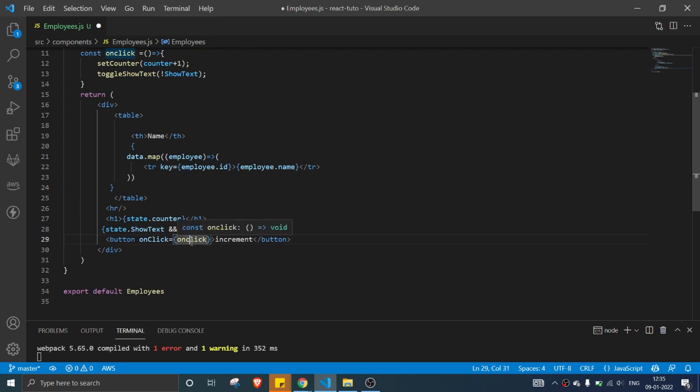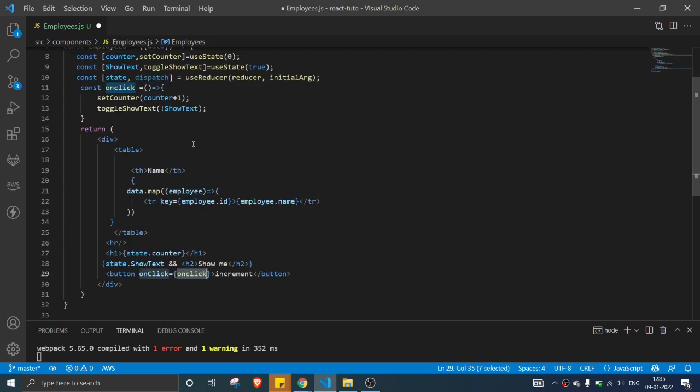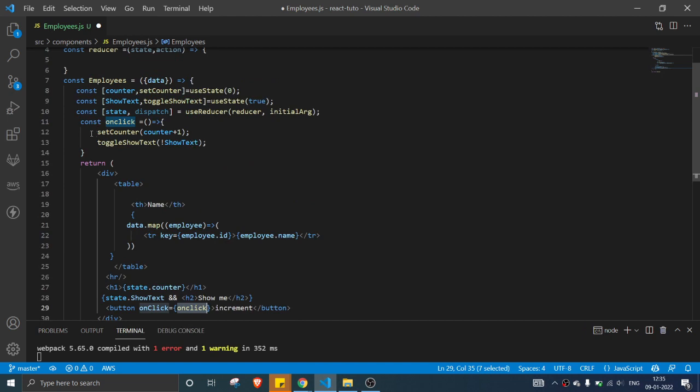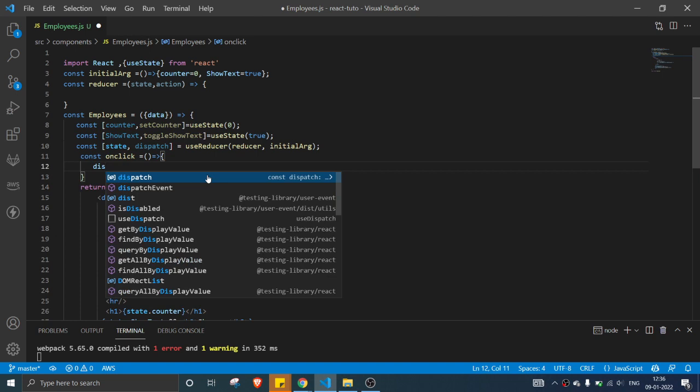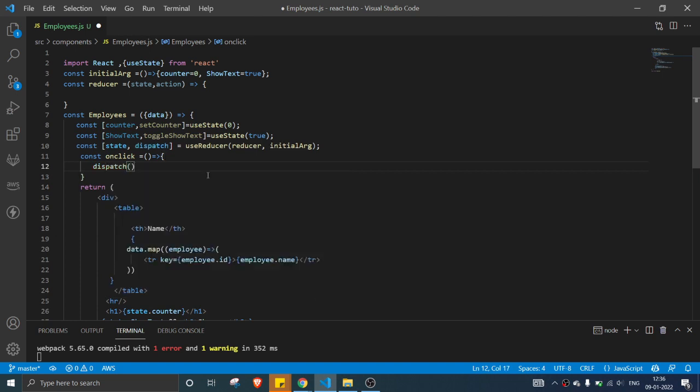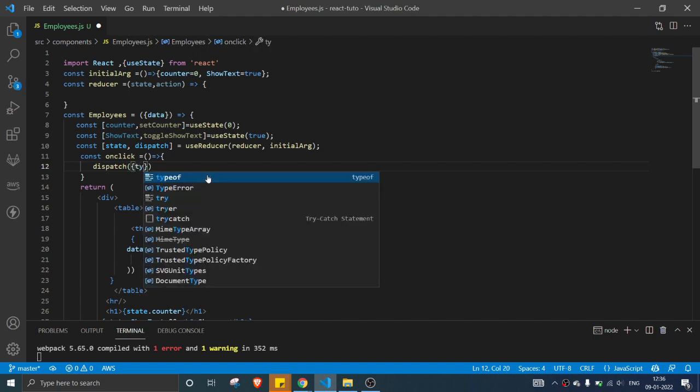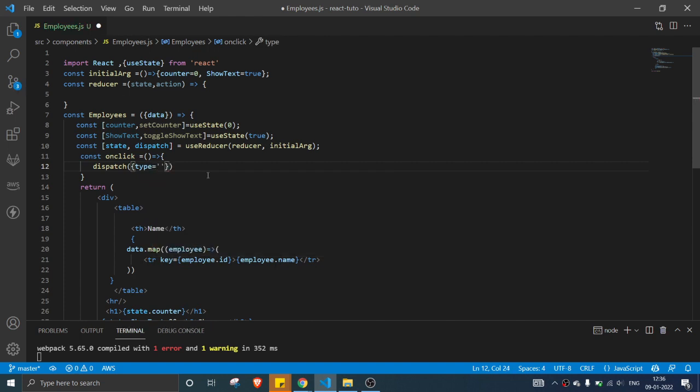Now instead of calling the setCounter method, what we are going to do here is call a dispatch with increment.